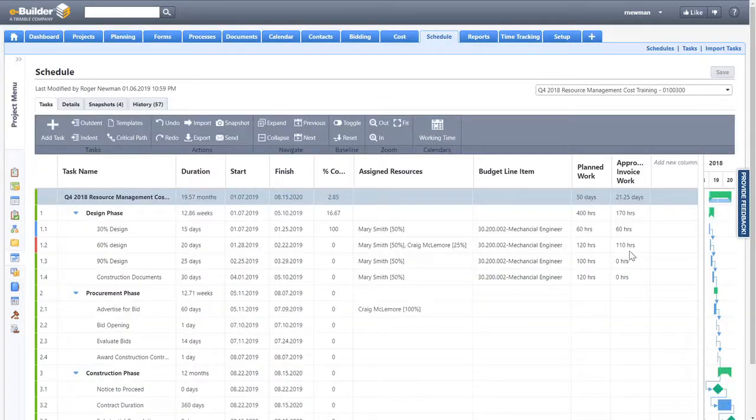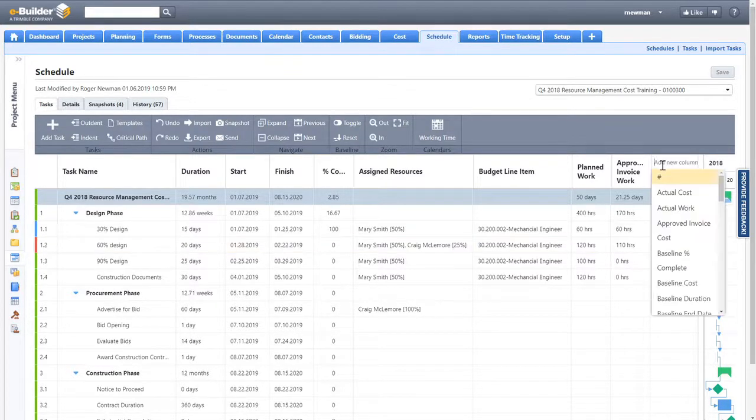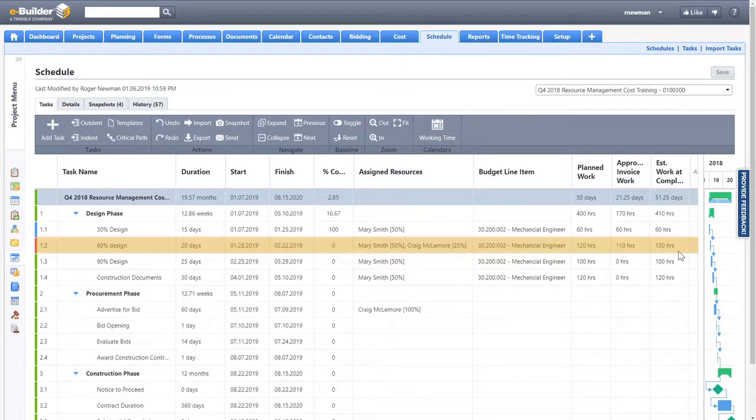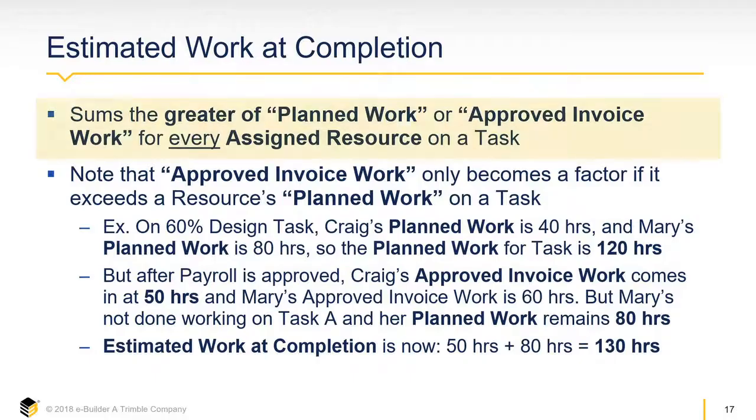And now I'll go back to my schedule and I'll see my approved invoice work is 110 hours. But keep in mind, Craig originally was only planned to work 40 hours and he billed 50 hours. So once I bring in my estimated work at completion, it's now gone up to 130 hours because Craig's actual charges were 10 hours greater than what were planned, and Mary still has some time left. So the estimated work at completion is the sum of the greater of the planned work or actual invoice work